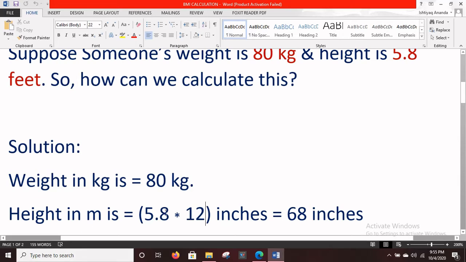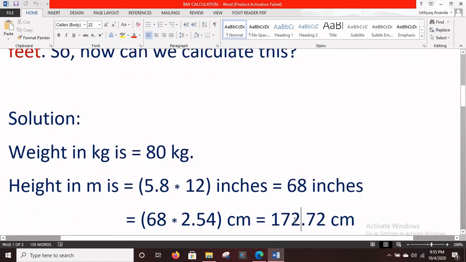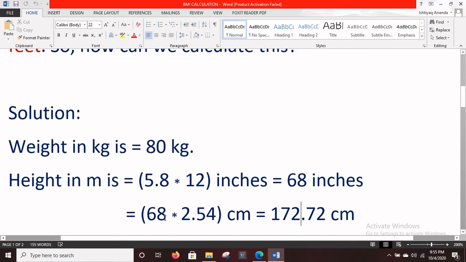For 5 feet 8 inches, we multiply by 12, because we know that 1 foot is equal to 12 inches. So 5 times 12 is equal to 60, plus 8 inches is equal to 68 inches. Now we get 68 inches. Now we have to convert inches into centimeter. To convert inches into centimeter, we multiply 68 inches by 2.54. Then we get